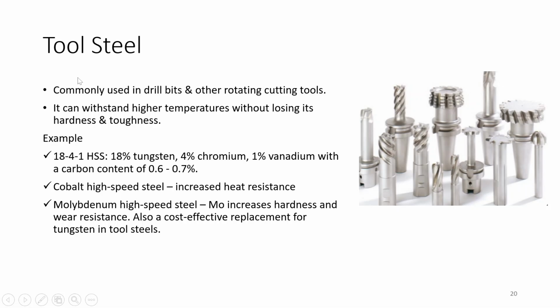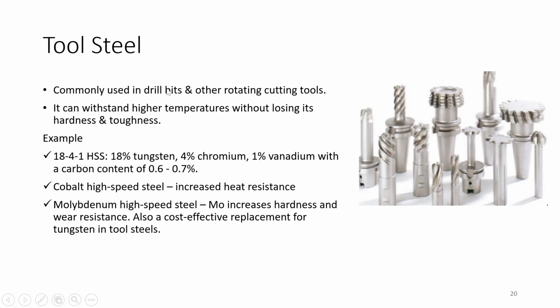Next is tool steel. This is a type of alloy steel, right? Stainless steel and tool steel both have alloying elements of more than 10 weight percent. It is commonly used in drill bits and other rotating cutting tools, and it can withstand high temperatures without losing its hardness and toughness. Examples include,